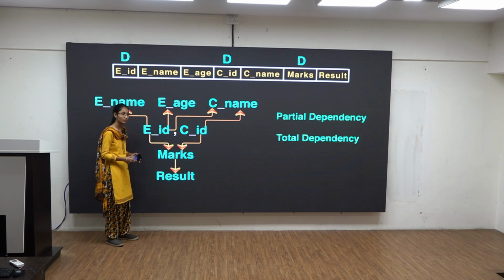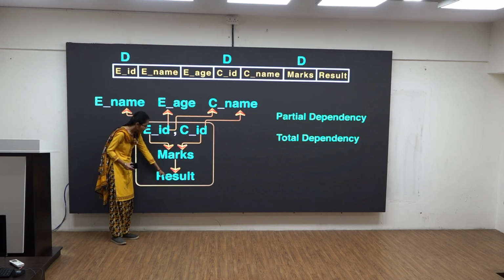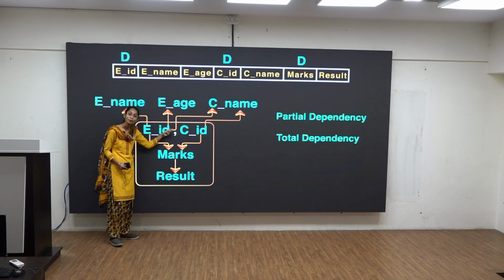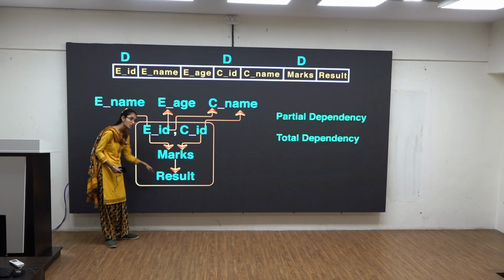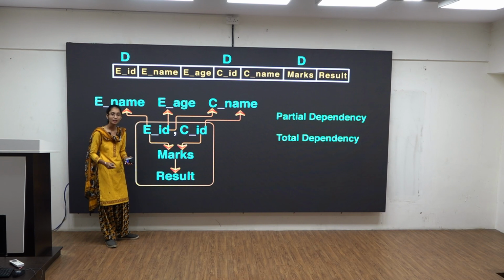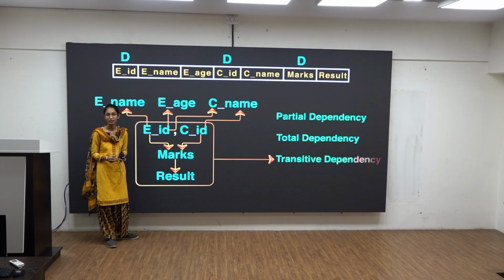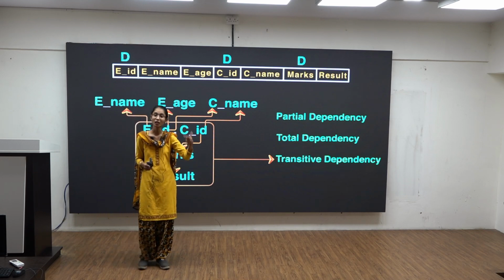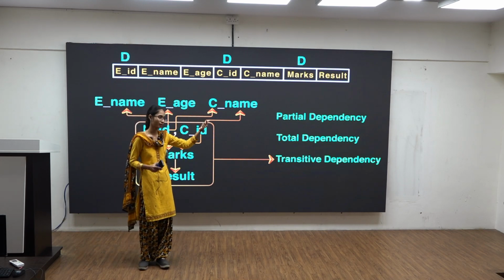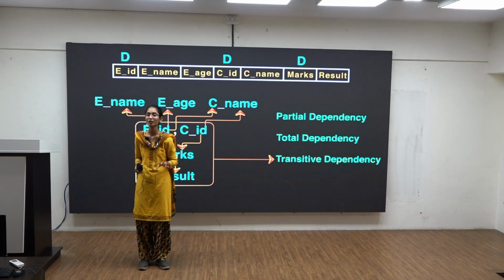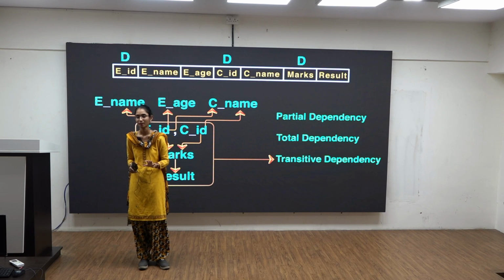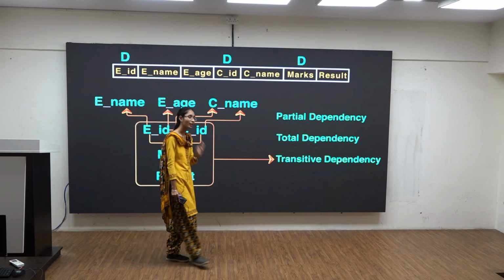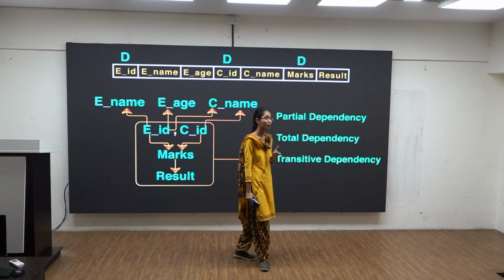So in this entire thing that you are seeing here, one attribute is determined by another attribute, which in turn is determined by other attributes. Whenever we have this kind of scenario, we tell this as a transitive dependency. Transitive dependency means one attribute is determined by another attribute, which in turn is determined by some other attribute. So these 3 terminologies are very, very important when you go to the types of